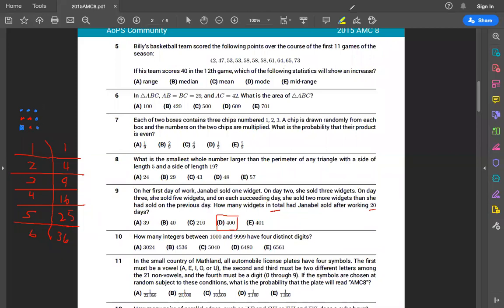So you can see the first day is 1, and then 3, and then 5, and then 7. You can see each layer has 2 more widgets than the previous layer, but in the end it still forms a square. So that's how we solve problem